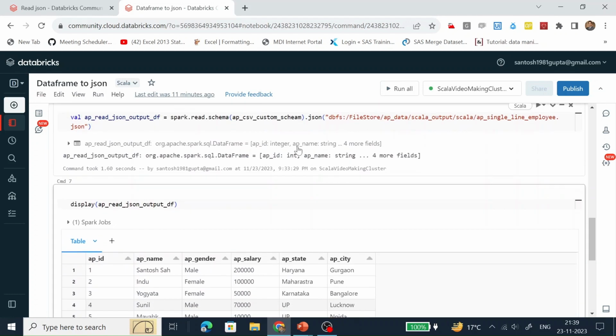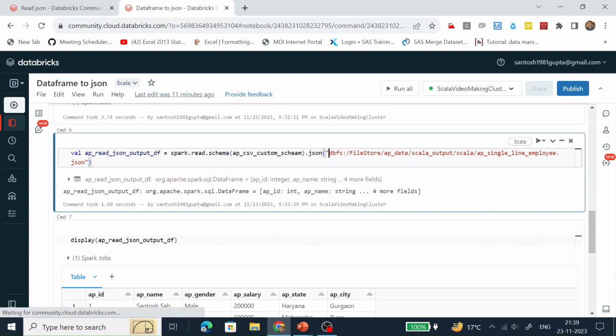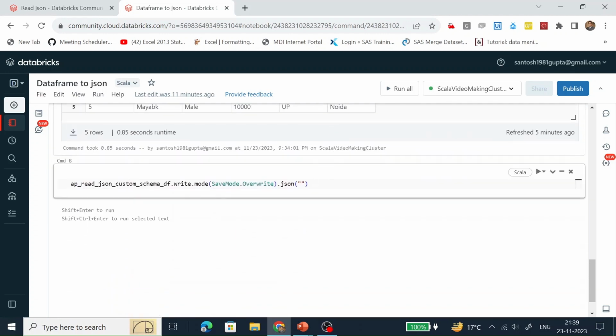We have already defined the path. Okay, so this is the path. I am just going to change the name of the file, adding one more text, overwrite.